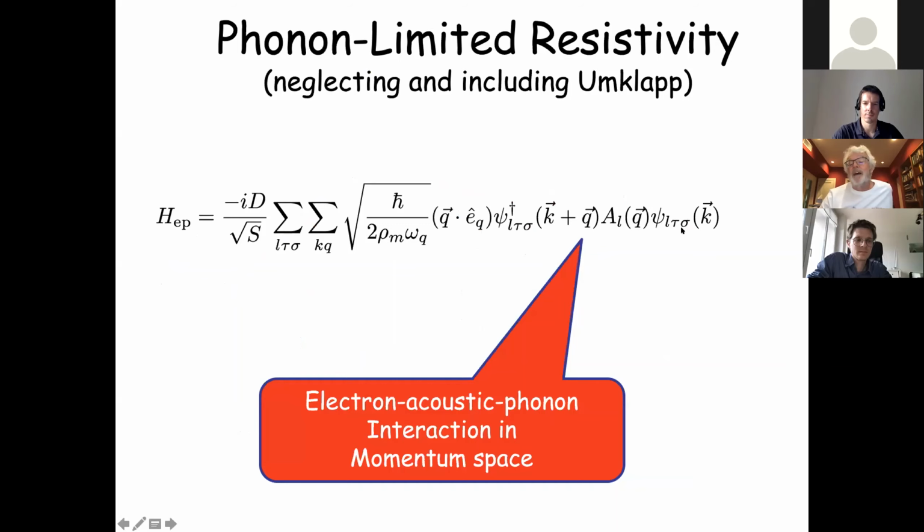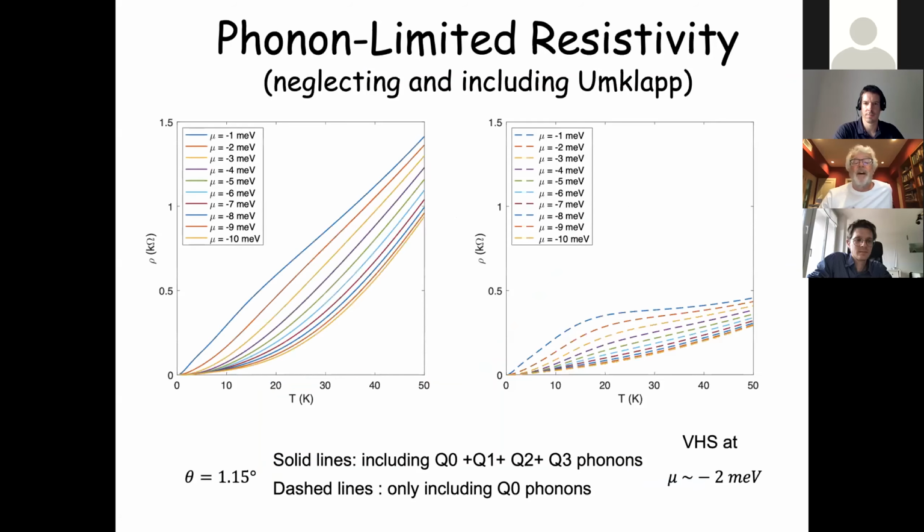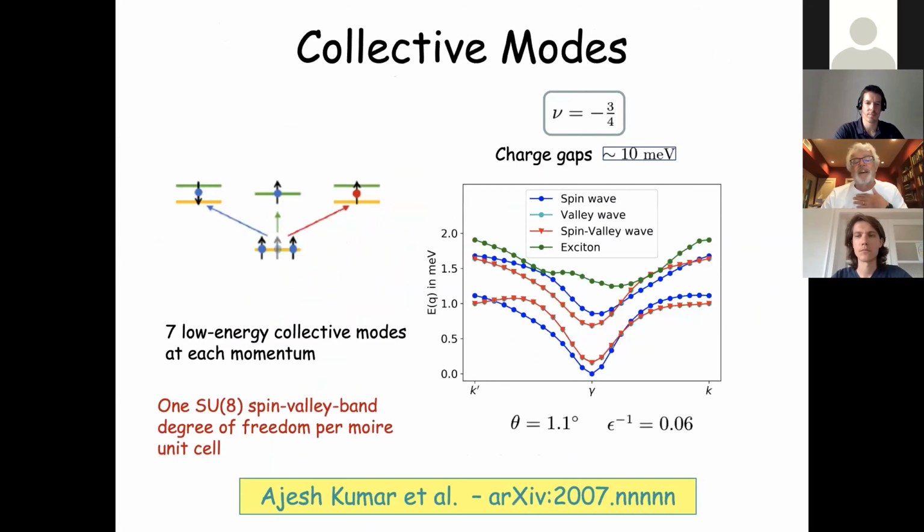But it's important to realize that the states in a Moiré crystal are not plane waves. They're periodic Bloch functions. And when you take that into account, then you find that you do not get linear-in-T resistivity from this mechanism. So acoustic phonons can't be responsible for this huge, very prominent linear-in-T resistivity,